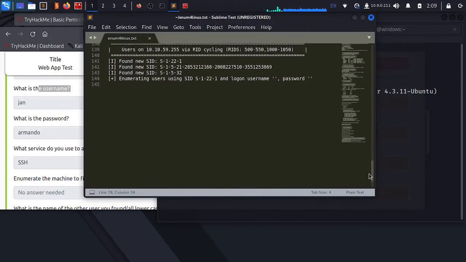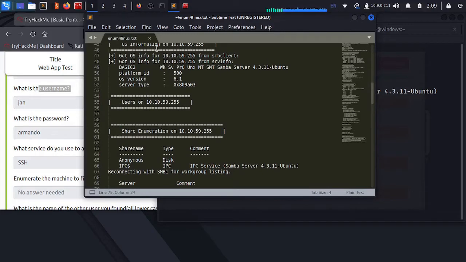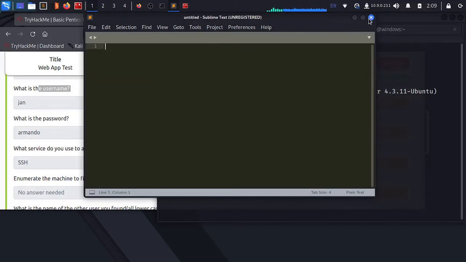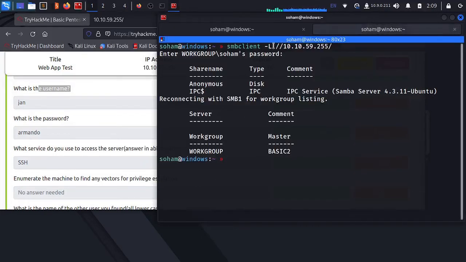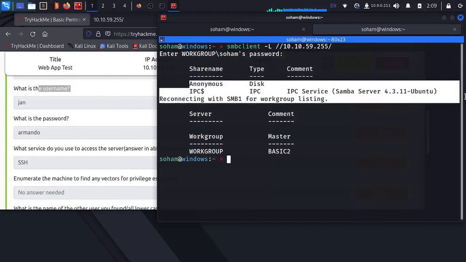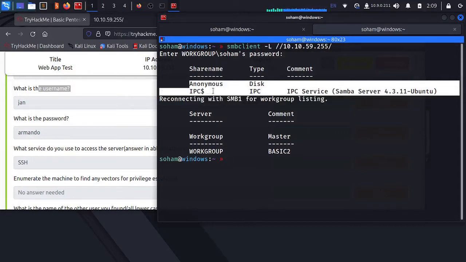Okay, there is no more valuable information which we can enumerate. If we use smbclient, here some share names are available. Here two shares are available, IPC$ and anonymous. Let's try with